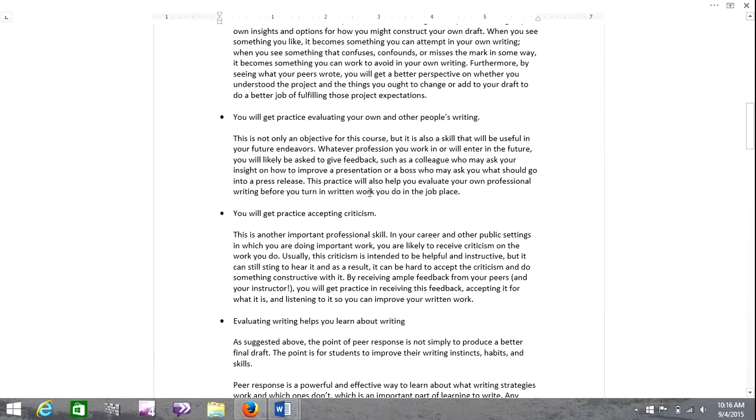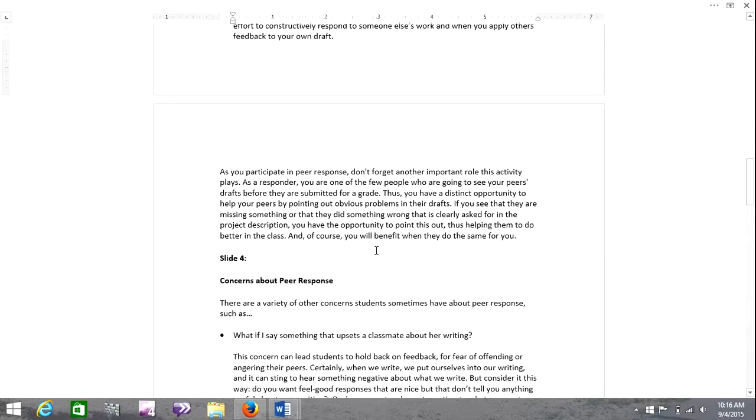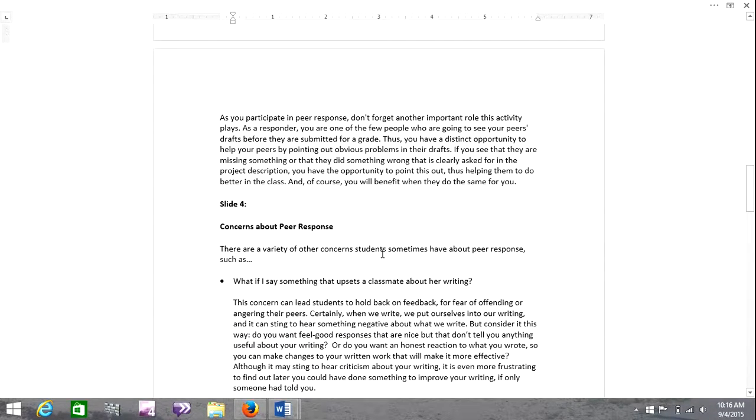It is important that you know that it's very difficult to give someone else feedback without being critical of their writing. Of course, everyone in this course is going to be polite, and we're not going to use any negative language. But you'll want to say, I think this section needs work. I don't think this point is clear. Could you elaborate? Use that type of language.